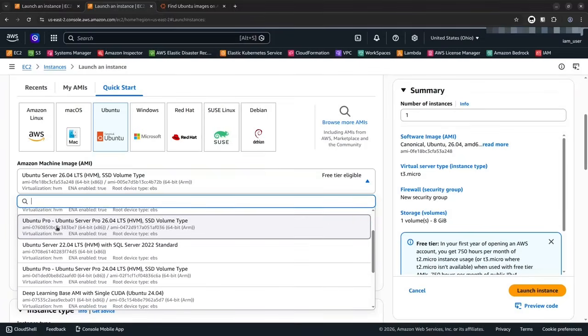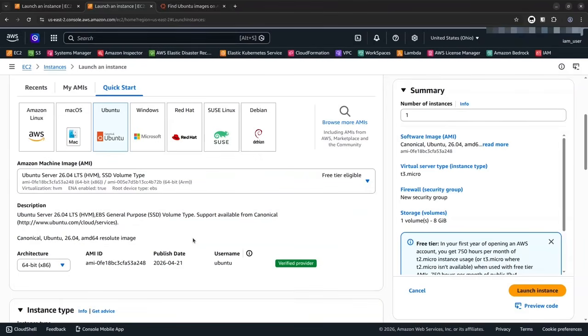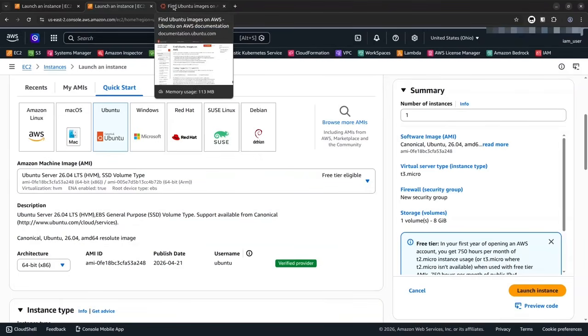But when it comes to Ubuntu Pro, you will see that we only have the latest 2 LTS, and Ubuntu Pro covers more than that. Ubuntu Pro comes with 10 years of support of the operating system, so we also have 22.04 Jammy Jellyfish, and 20.04 also here. So if you want to launch a version that is not here, the best option is to go